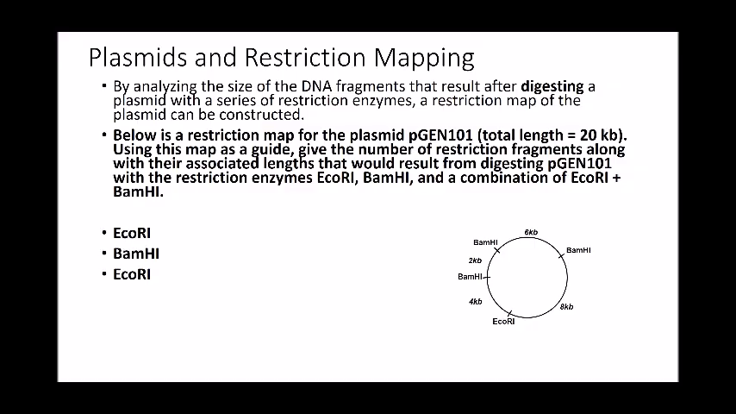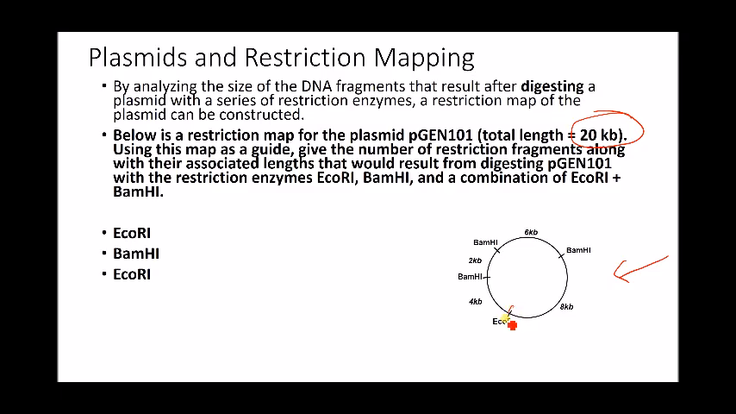So the first question below is a restriction map for the plasmid PGen 101. Its total length is 20 kilobase pairs, or 20,000 base pairs. Using the map as a guide, give the number of restriction fragments along with their associated lengths that would result from digesting the plasmid with the restriction enzyme EcoR1, with BamH1, and also with EcoR1 and BamH1 at the same time. So if we look at the plasmid,